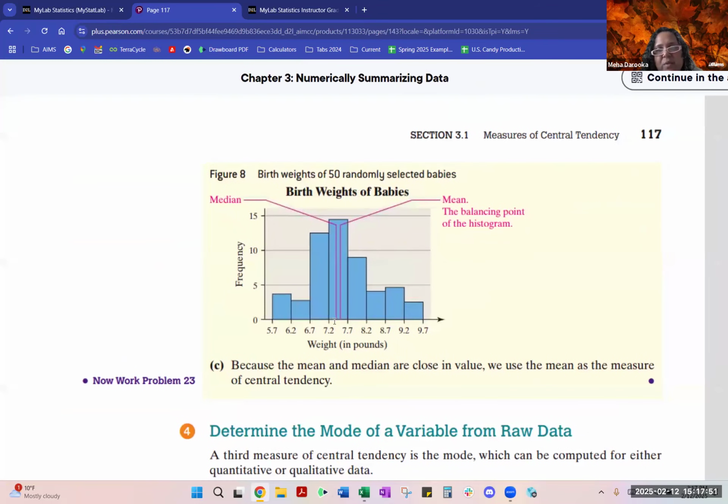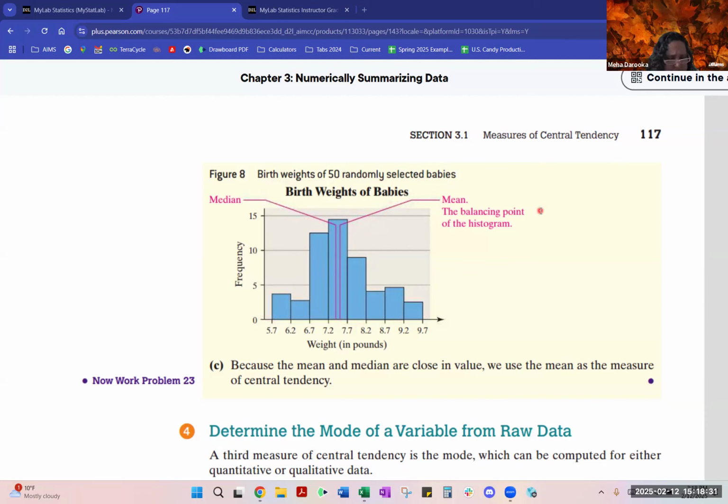So you can see the histogram we have over here, guys, and you will see how we have the median, which was at 7.35, and the mean, which was at 7.49. So you can see they're just slightly away from each other, but obviously close enough. And if you look at the shape, it's not going to be that beautiful, perfect bell shape that we see on a normal distribution. But obviously you can see we have the higher concentration of values in the center, and then it's kind of tapering towards the sides. So we can definitely make the argument that this is a bell-shaped